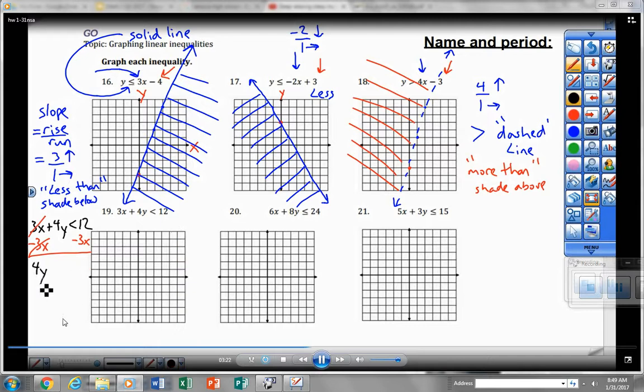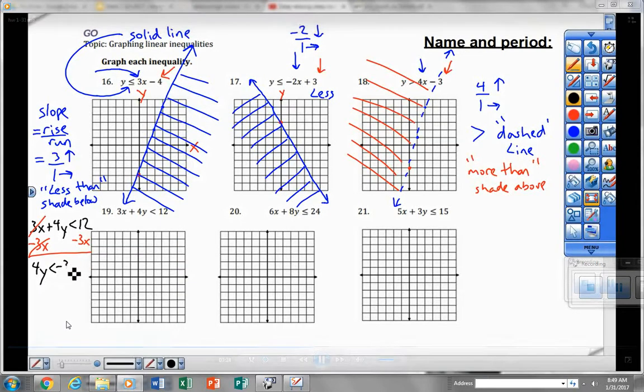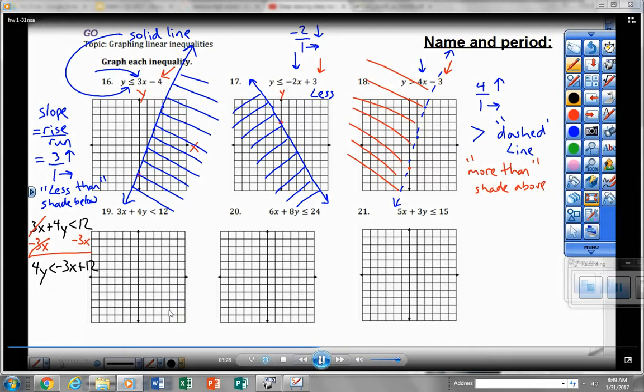Bring down that 4y, bring down my inequality less than. Do not subtract 3x from 12 because those are unlike terms. Get in the practice of writing the negative 3x first and the plain number second to get it in slope-intercept form. Look, next step right there, divide everything by 4 because the opposite of 4 times y is dividing by 4. That simplifies my inequality into y less than negative 3/4 x, and then 12 divided by 4 gives me